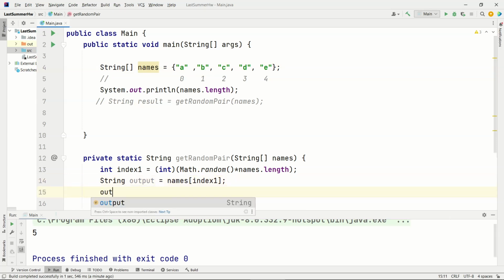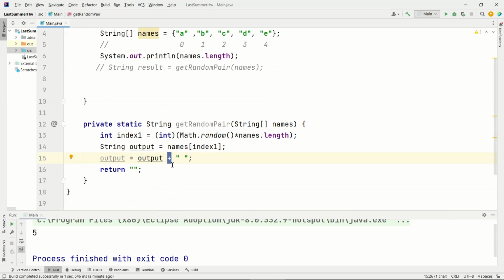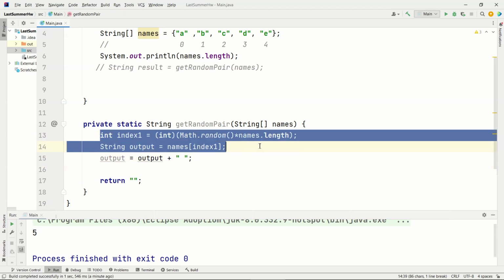So the next thing I need to do is take output and add a space. If you have 2 strings with a plus sign in the middle, what it does is it concatenates the 2 strings. Concatenate is a word that just means putting them together. So it will have the output string and then put a space at the end of the output string. But now I need another